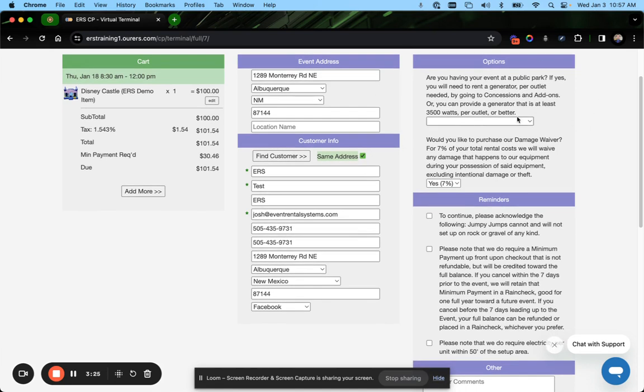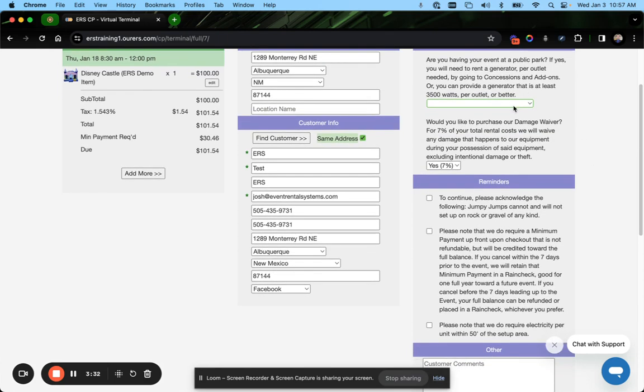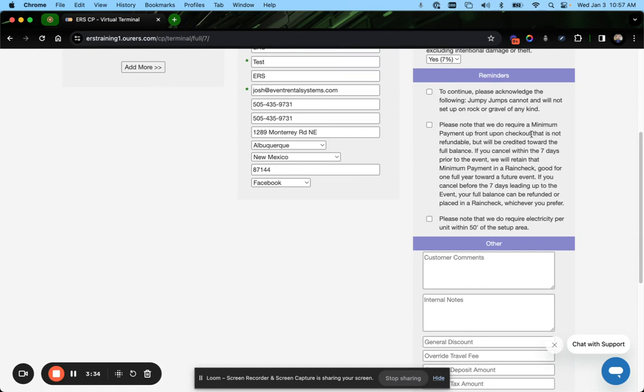Then here in the top right, we have our order options. Remember, these are the questions that we ask during the online checkout, and they're customizable. And below that, we have the reminders. These are the required disclosures or the additional disclosures that we want someone to agree to in addition to the